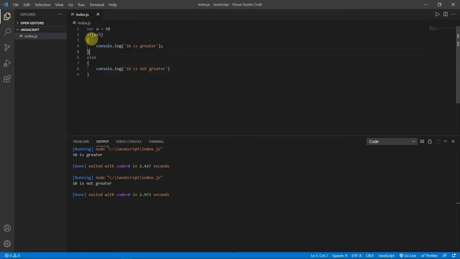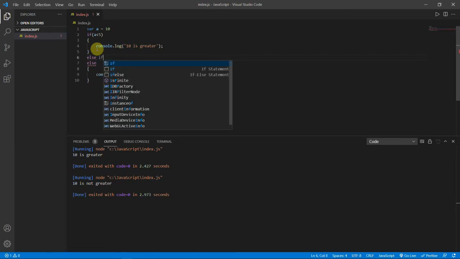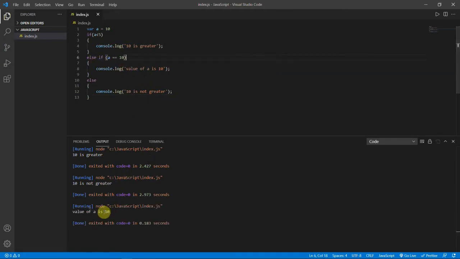If a is less than 5, this will print, and again let me give else if, and the condition a equal to 10, then we will print console.log value of a is 10. Now I have to give the semicolon here. Now we will run this and see. We get the else if as the answer: value of a is 10.